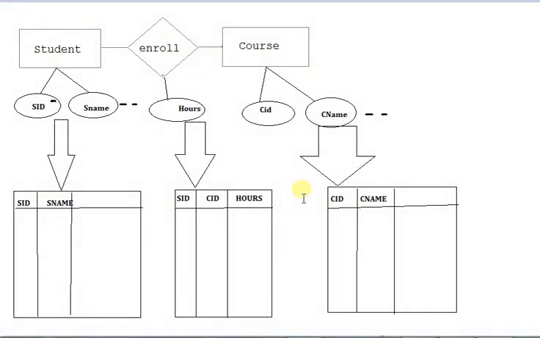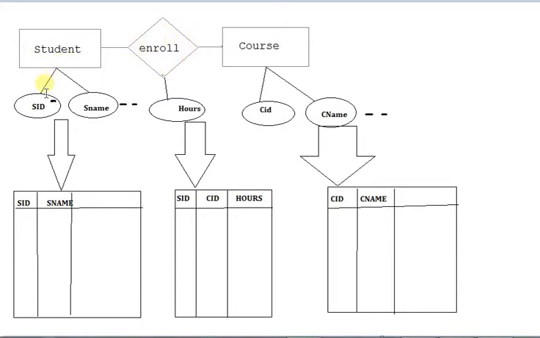Okay, so welcome to the discussion about referential integrity, or foreign keys. To get an idea about foreign keys, let's assume this ER diagram that represents the relationship between two entity sets, student and courses. The relationship between these two entity sets is enrolls.